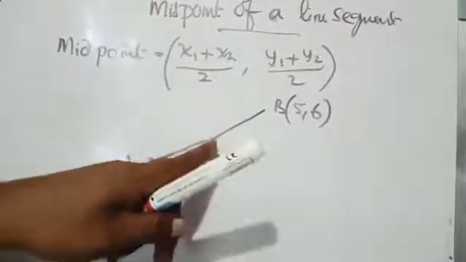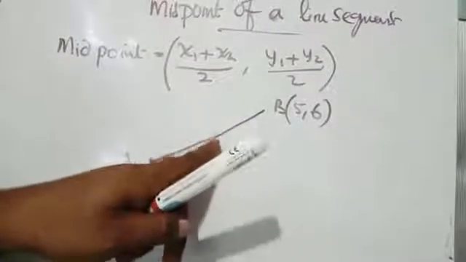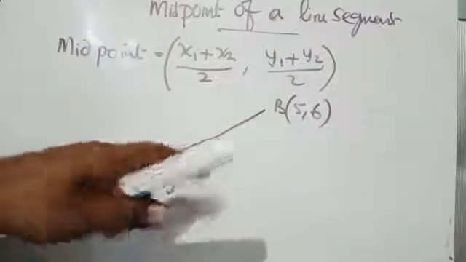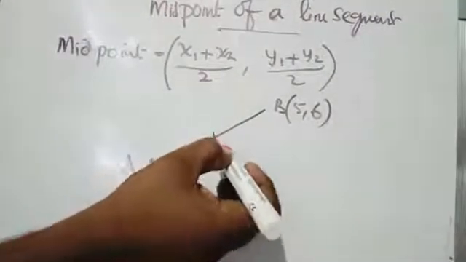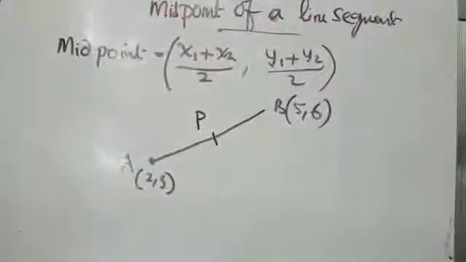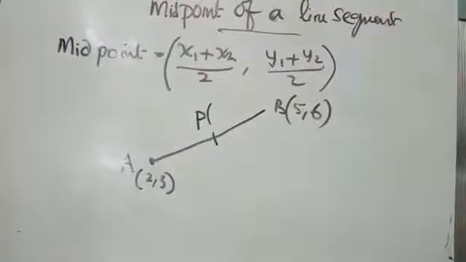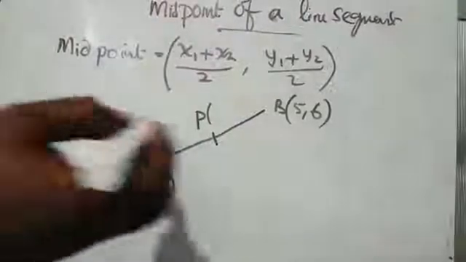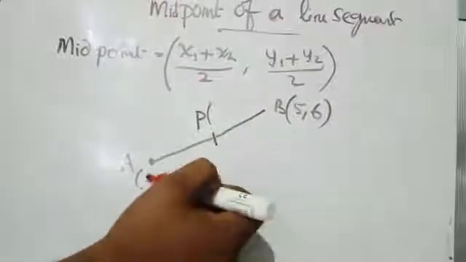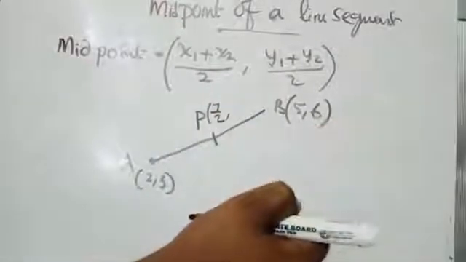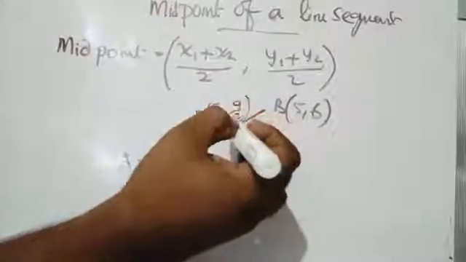Similarly, here to find the midpoint, we need to find the x coordinate of the midpoint and y coordinate of the midpoint. Suppose P is the midpoint. To find the x coordinate of P, take the average, because as per statistics, the average of the values gives us the middle value, which is mean. So take the average. That is why x1 plus x2 by 2. We get 2 plus 5 by 2, which is 7 by 2, and 3 plus 6 by 2. 3 plus 6 is 9, 9 by 2. We get the middle value.